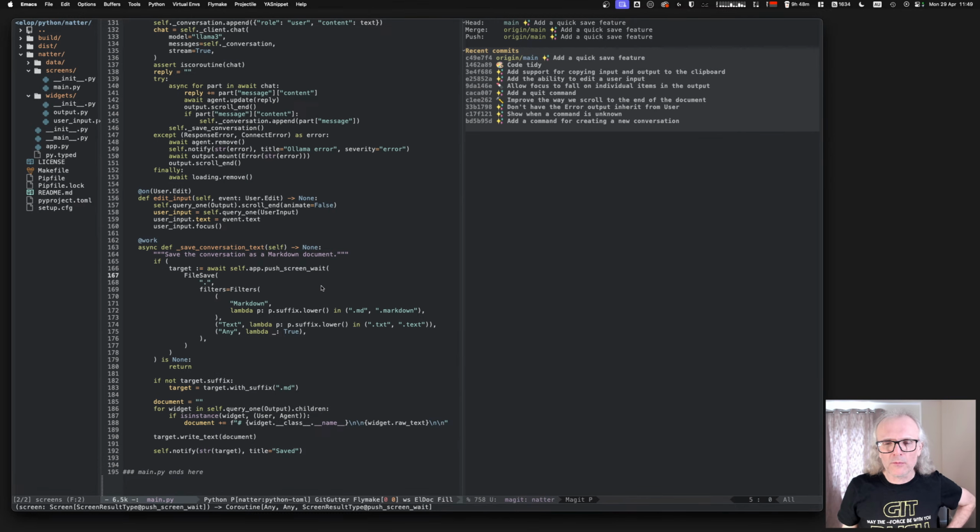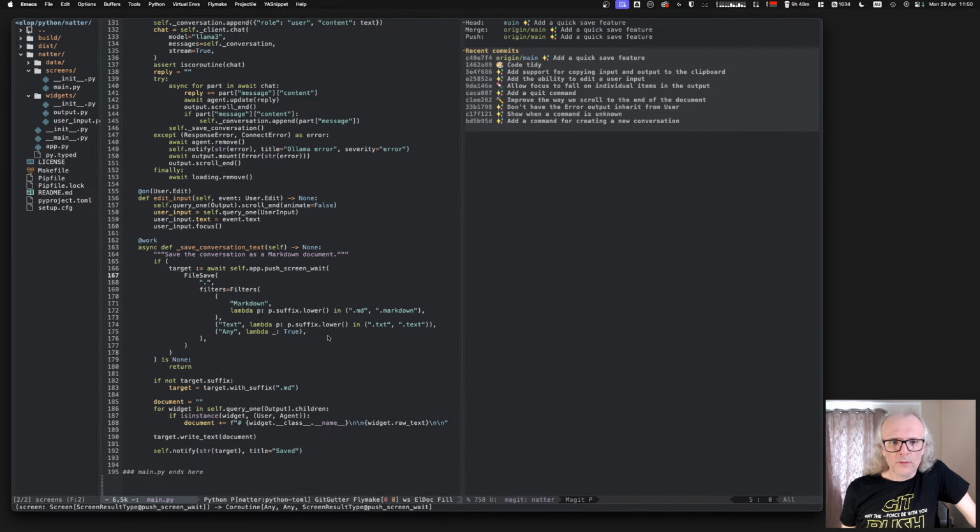For quite a while, I wasn't that won over by this push_screen_wait thing. I always much preferred the callback. I felt it was a little bit tidier, a little bit more flexible. But more and more, I'm actually finding that this works out quite well. Yeah, there is the thing, you have to remember to make the method async, and you have to remember to actually do it as a worker as well.